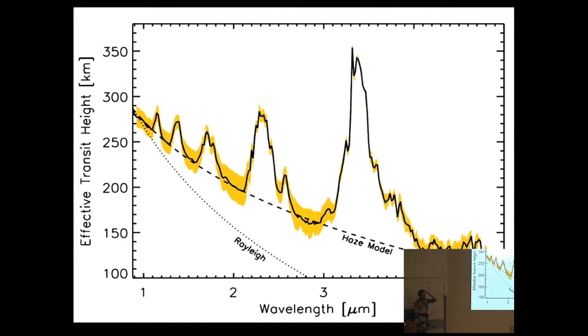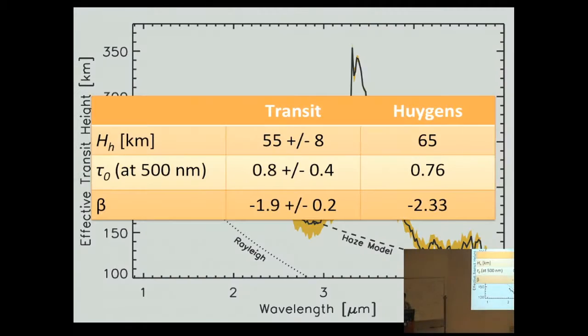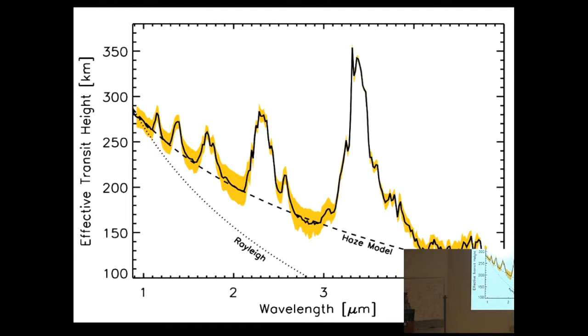So we fit an analytic, 3-parameter model to the haze continuum to try to back out from that transit spectrum some of the physical properties of the haze in Titan's atmosphere. The parameters in that model were a haze scale height, a power for the power law dependence in the absorption cross-section of the haze, and an optical depth of the haze. That dashed line there is the fit that we derived, and there's a Rayleigh scattering curve on there too, just to show that it's not Rayleigh scattering that's happening in Titan's atmosphere, it's Mie scattering.